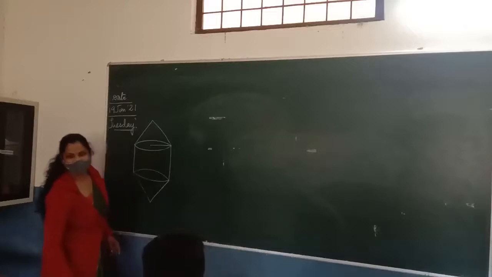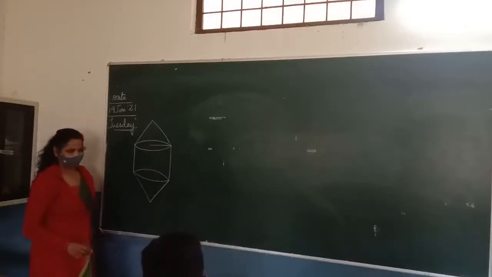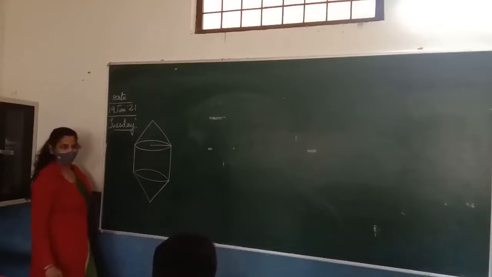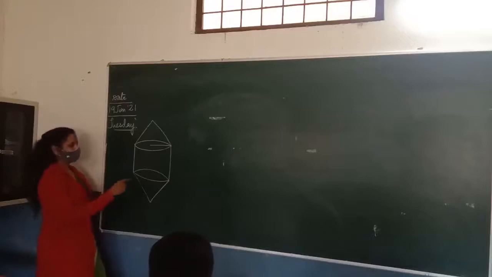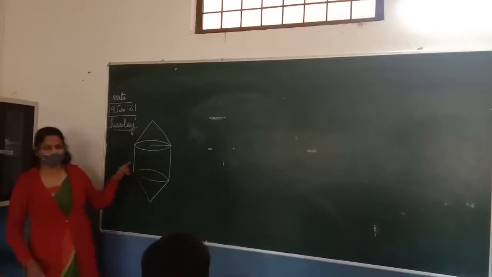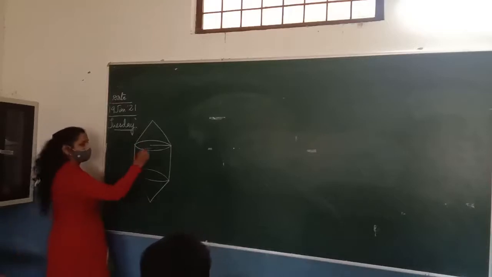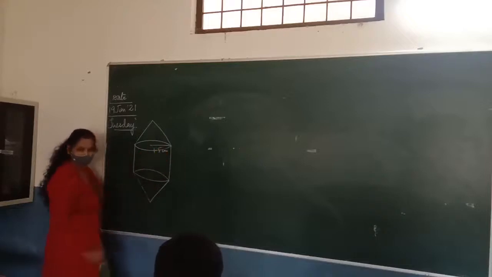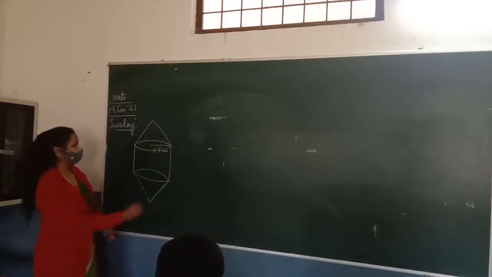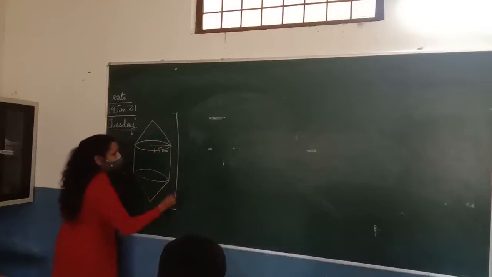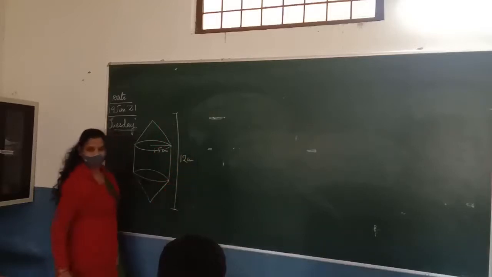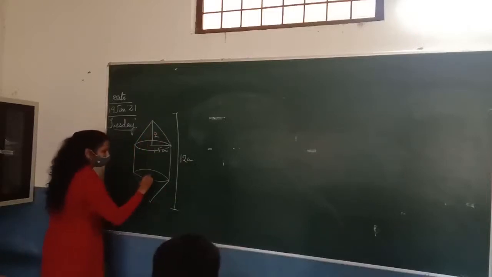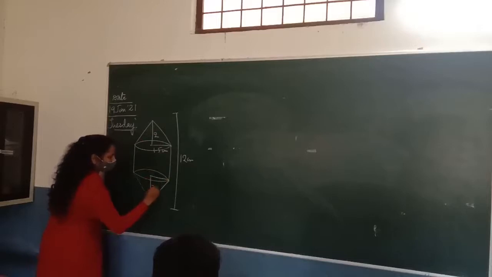Rachel, an engineering student, was asked to make a model shaped like a cylinder with two cones attached at its ends by using a thin aluminium sheet. The diameter of the model, which is cylindrical from the middle and conical from both the ends, is 3 centimeters. That means the radius of the cylindrical portion is 1.5 centimeters. Its length is 12 cm, the whole length of this figure. If each cone has a height of 2 centimeters, find the volume of air contained in the model that Rachel made.